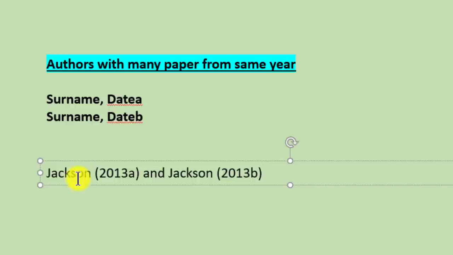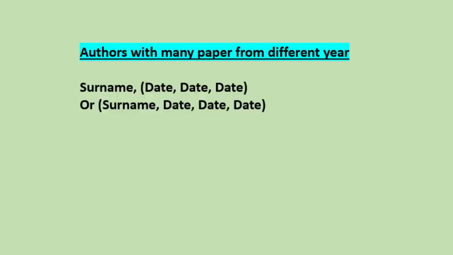So this is the paper written by Jackson in 2013, the first paper which is A and the second paper which is B. And if there are authors with many papers from different years, so there is one author but he has 3 papers, let's say 2013, 2014 and 2015, then it should be something like